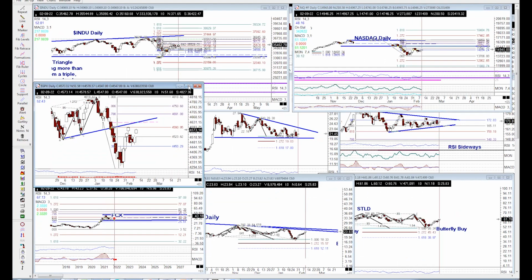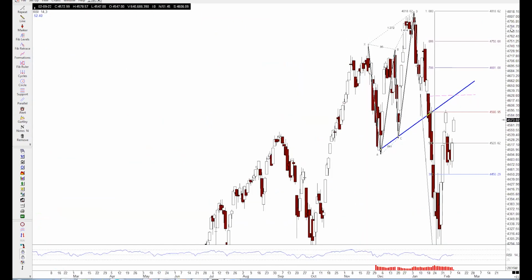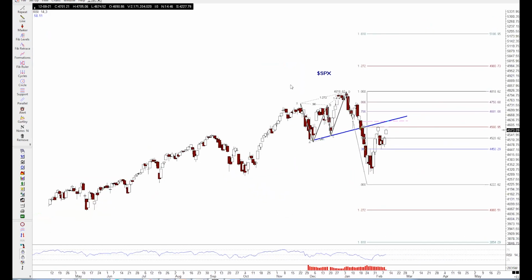Now I'm going to look at the SPX today, because I think we can see clearly this was the butterfly sell pattern that preceded the move to the downside. And then the first retracement up came to the 0.618 from the high to the low. And now we're coming back up again and challenging these highs. The same thing: if the market does not exceed these highs and comes back down, we may see the ABCD buy pattern. However, if it does exceed this high right here, this is right about the 4630-ish area,